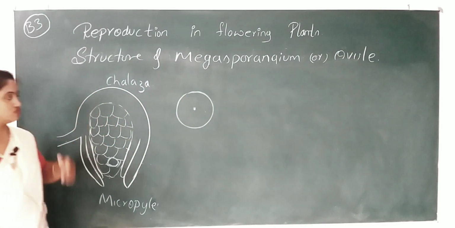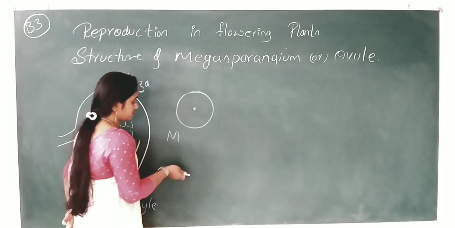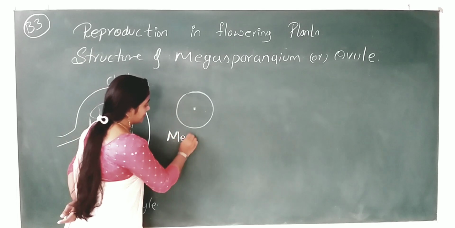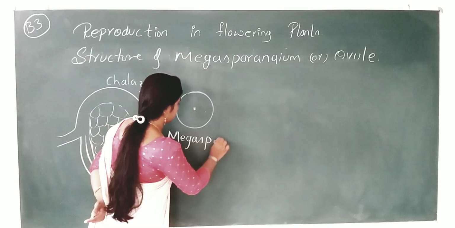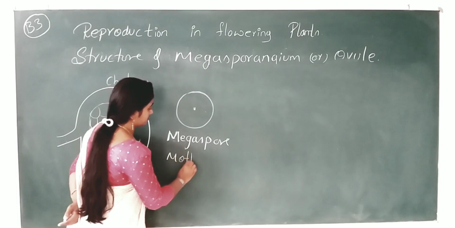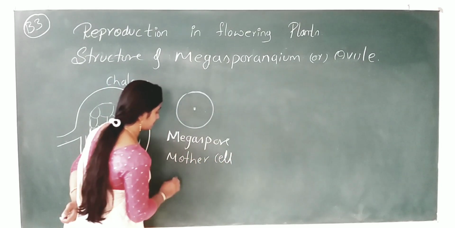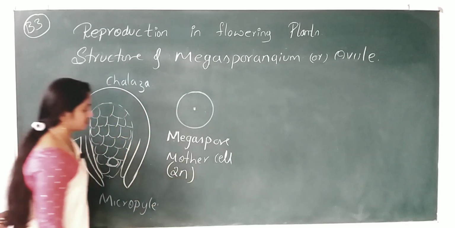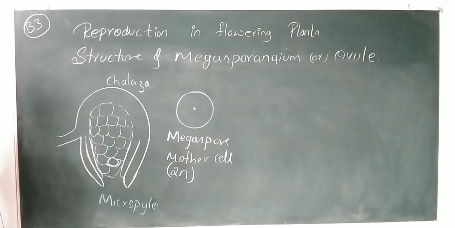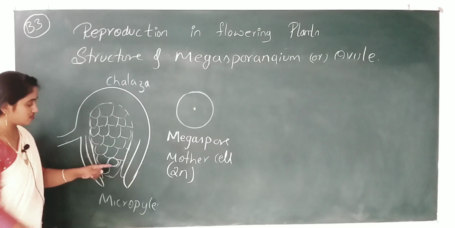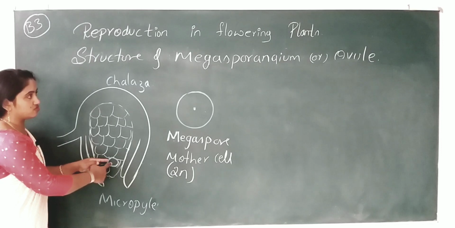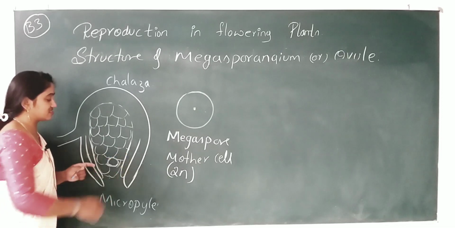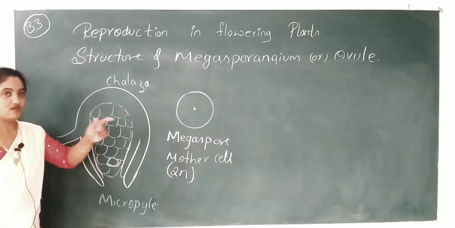It converts to, or becomes, the megaspore mother cell. The ploidy of this megaspore mother cell is 2n. It means it is a diploid cell. So my concept is that I am going to describe the female gametophyte, and explain the steps by which the female gametophyte forms.